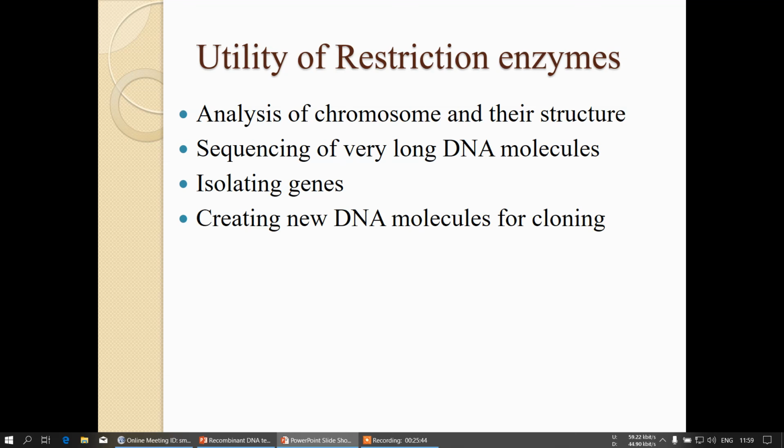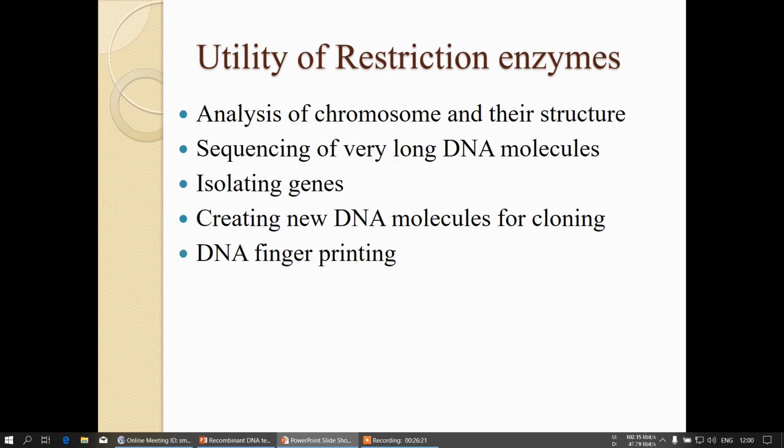Then, to create new DNA molecules for cloning, where we produce hybrid DNA, the recombinant DNA, we use the same type of restriction endonuclease enzyme on our plasmid vector and also on the human DNA, so they will produce the same type of cut in both double stranded DNAs. Then we introduce our DNA of interest into the plasmid vector, so a cloned DNA is produced, or a hybrid DNA, or a chimeric DNA, or recombinant DNA.